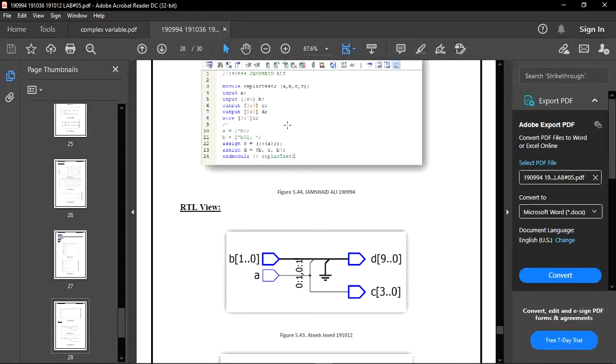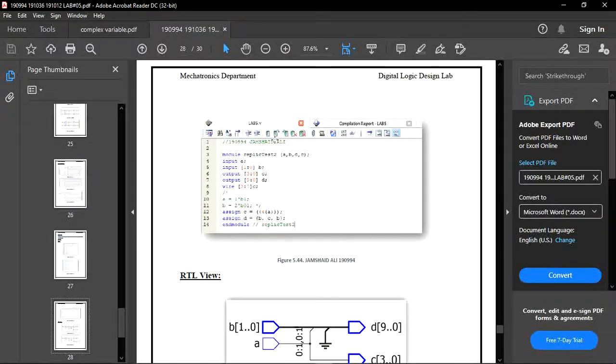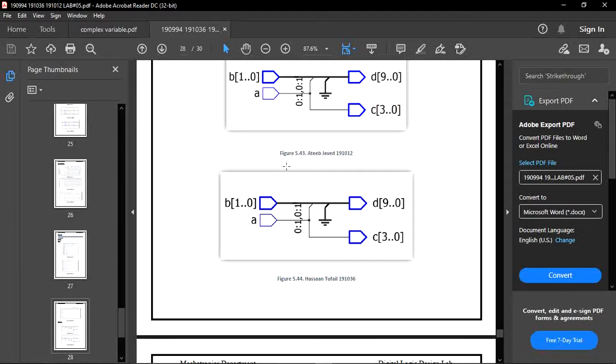So this operation and this wire operation tell us the number of repetitions and replications using concatenation. So concatenation uses this replication process to repeat a number many times as specified. So this is our RTL viewer, which shows us the number of repetitions.